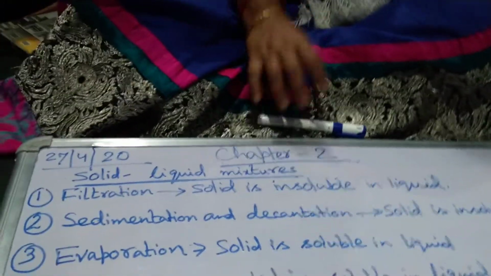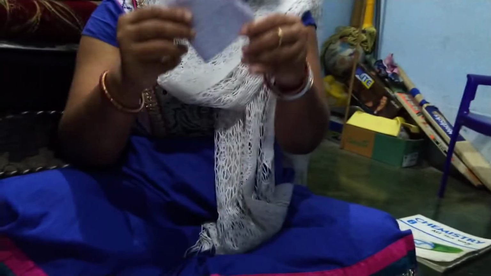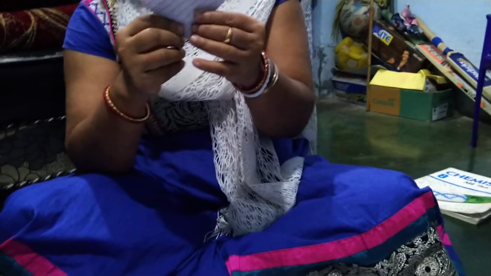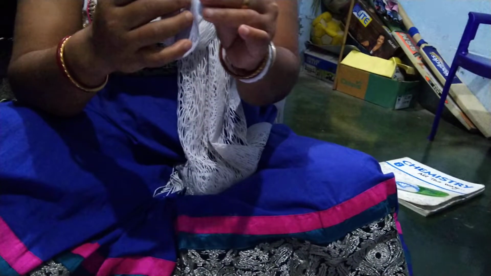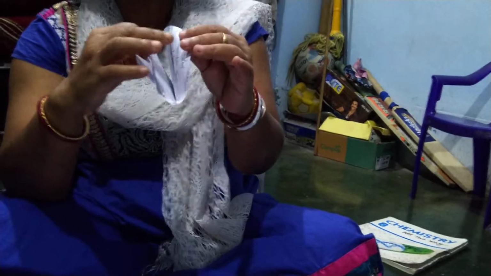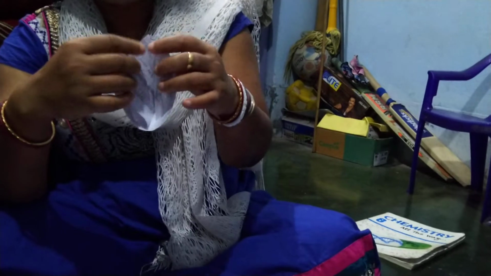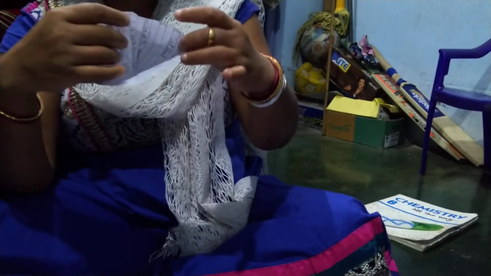Now, you can make filter paper on your own also. You take a circular piece of paper, then you fold it. First you make a half, once again you fold, once again. Now you are making your own filter paper, okay? Now you see 1, 2, 3 and 4, four lines you are getting. So you keep 3 pieces on one side, and another piece on the other side.